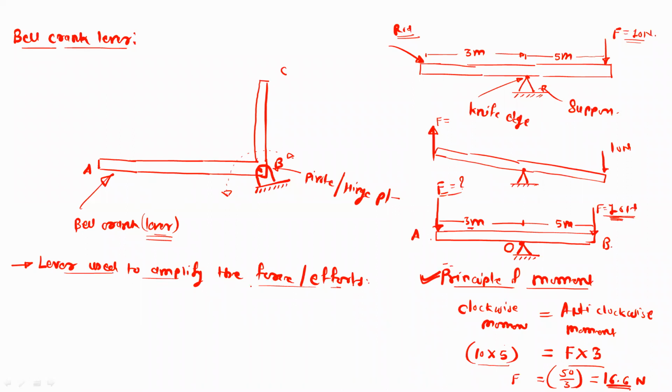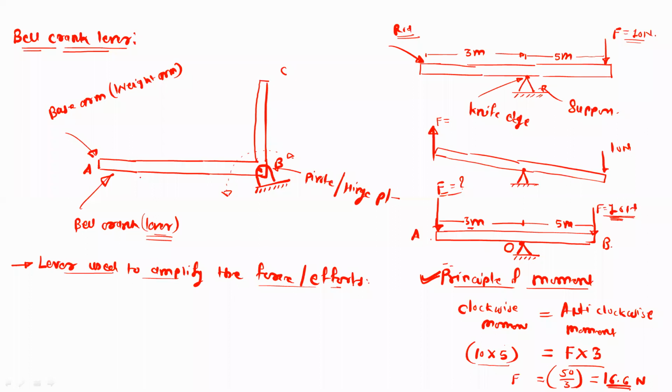So similarly, there is another lever. This is a simple lever, and the second lever that we are going to study is the bell crank lever. The bell crank lever is an L-shape arrangement where the corner point is pivoted like this. On the arm AB, this is called the base arm, or it is also called the weight arm,